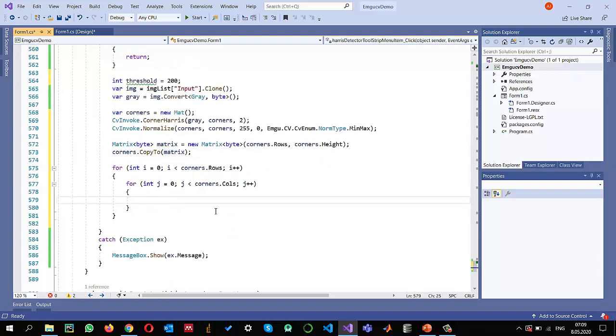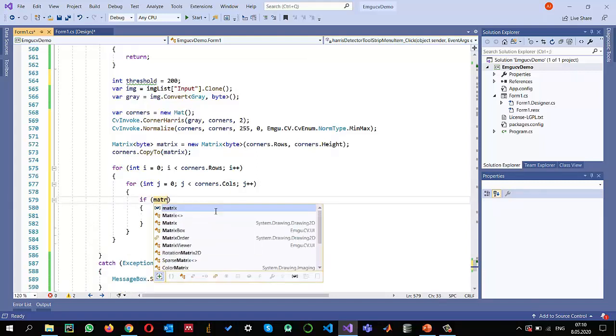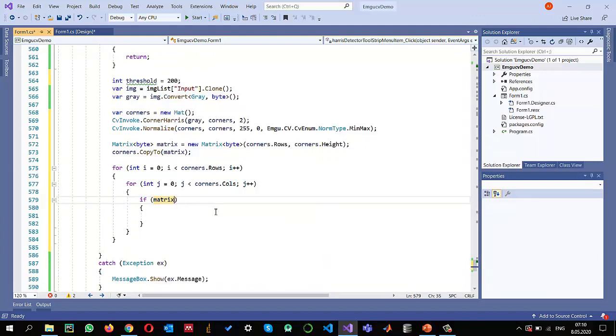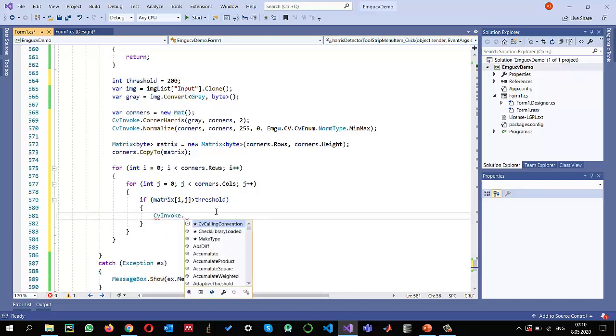Now I can apply the threshold on this matrix, and then we can display the values. So I'm just going to write a condition. Matrix of i, j. If this value is greater than my predefined threshold, then I want to draw a circle around it. CvInvoke.Circle,